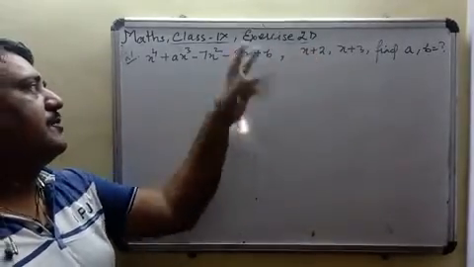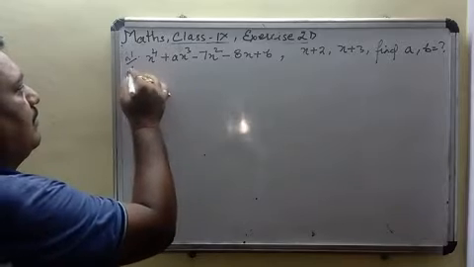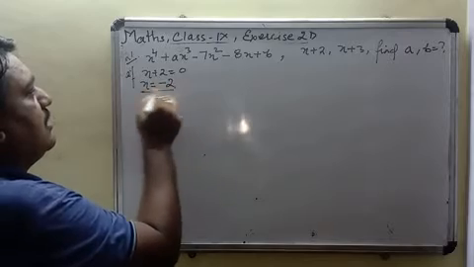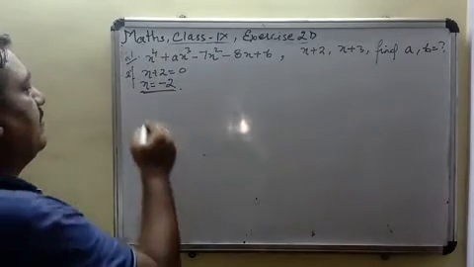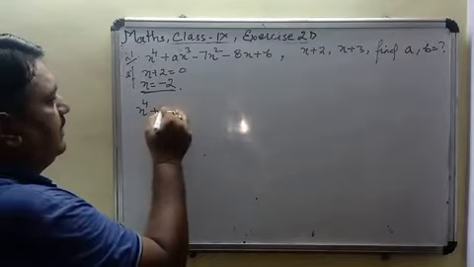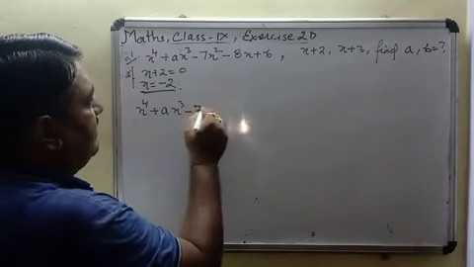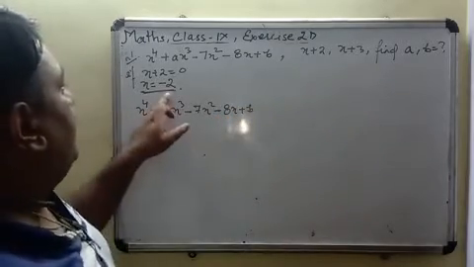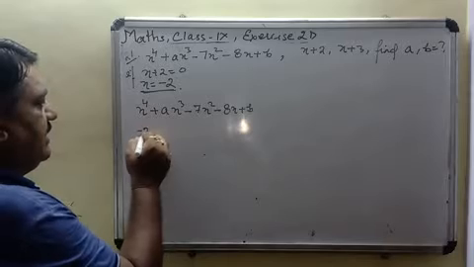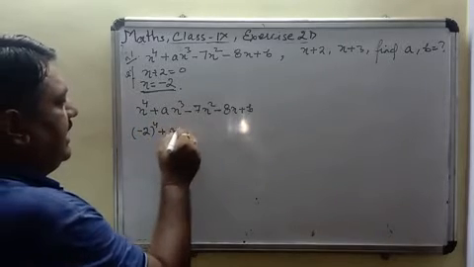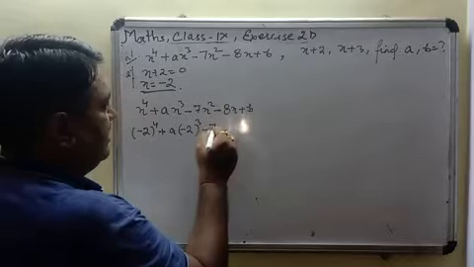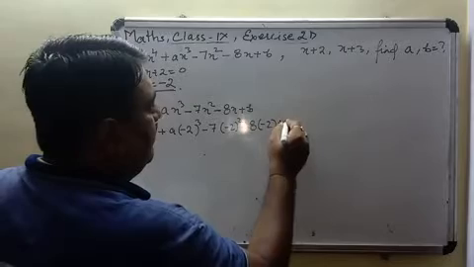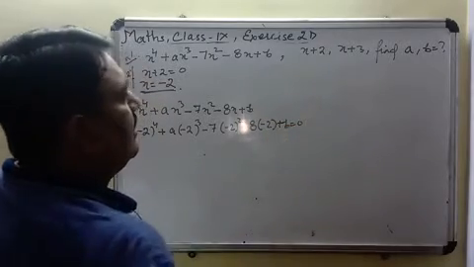So the procedure we will be following is, considering this as 0 or factor of this polynomial, put the value of x from here. If x plus 2 is 0, therefore x will be minus 2. Now put this value into this polynomial, x power 4 plus ax cube minus 7x square minus 8x plus b. We will put x equals to minus 2 here. This will become minus 2 power 4 plus a into minus 2 power 3 minus 7 into minus 2 square minus 8 into minus 2 plus b, that is equals to 0.